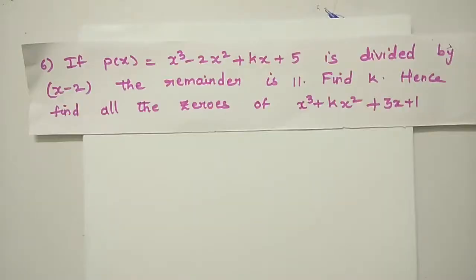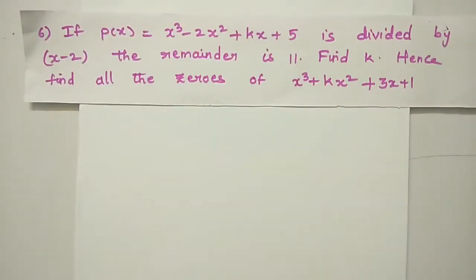In the previous video, we solved 5 different problems. The remaining 5 problems, let us continue in this video. Okay. Sixth problem: if p of x is equal to x cube minus 2x square plus kx plus 5 is divided by x minus 2,